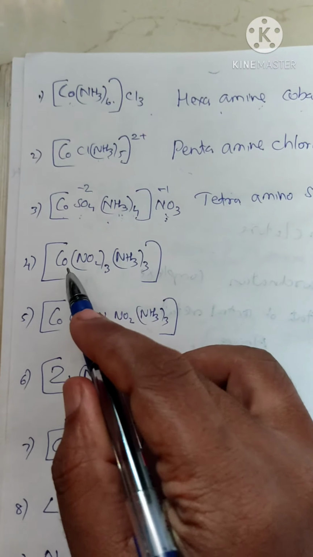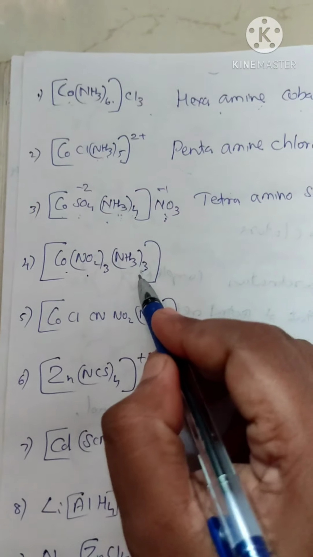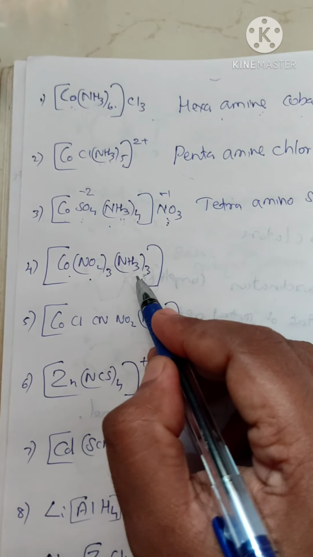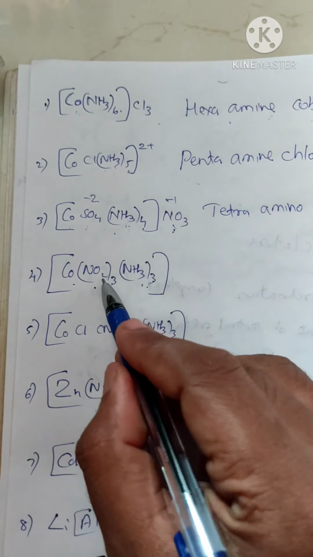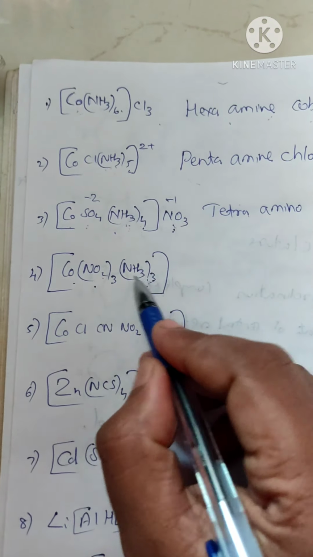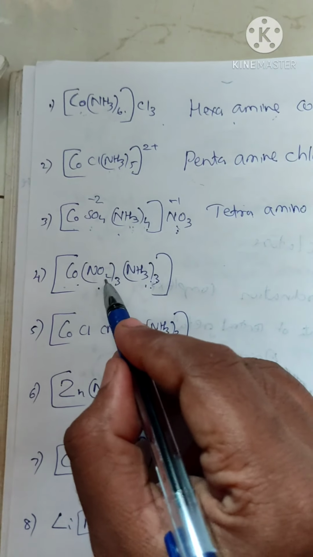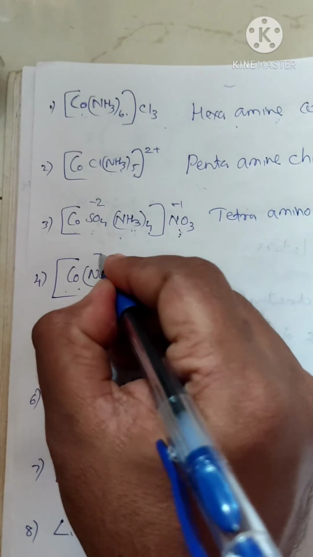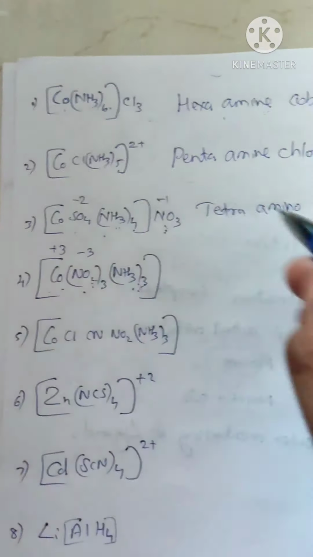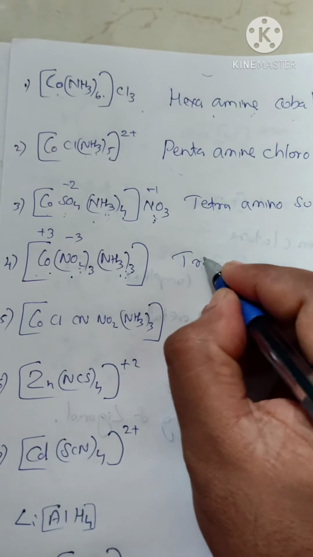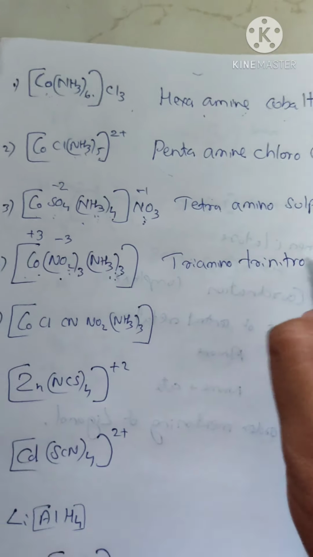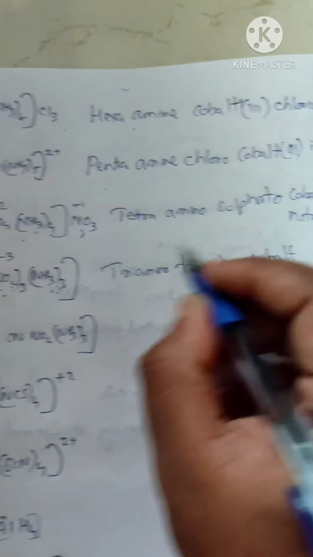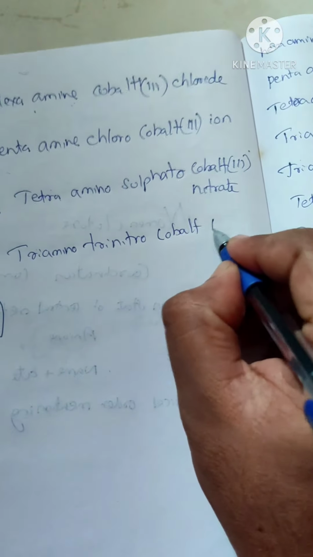Next, this complex has no 2 parts, only 1 part is there. In that, the central metal atom is attached with 2 types of ligand. One is NO2, one is ammine. So ammine will have first preference because alphabetically it is A. So triammine. Then what do we have? Trinitro. Triammine, trinitro. Then what do we have? Cobalt. Since the nitro group has a minus charge, there is -3, and cobalt will be +3. So the name of the compound is triammine, then trinitro, cobalt, and we have to mention the oxidation state 3.